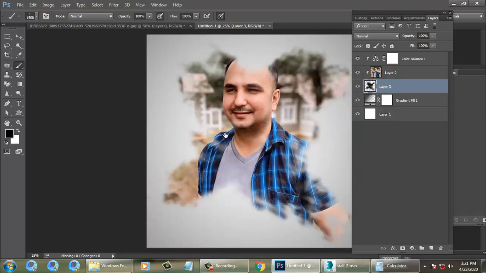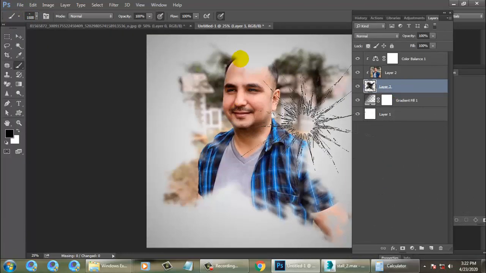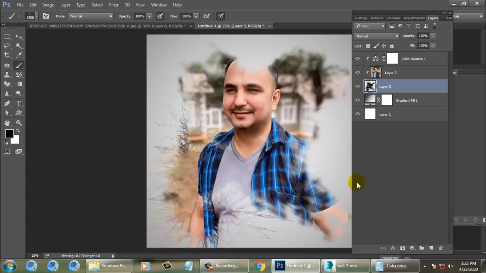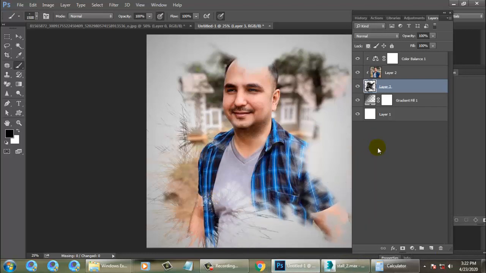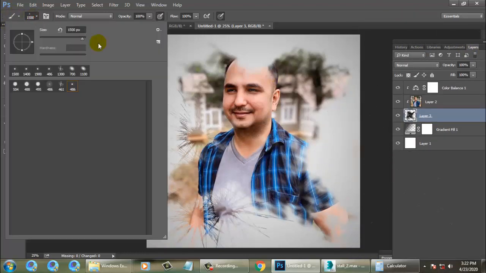This looks much better. You can just reduce the size of it, and you can utilize this stuff. Alright, in this way you can create such kind of effects.